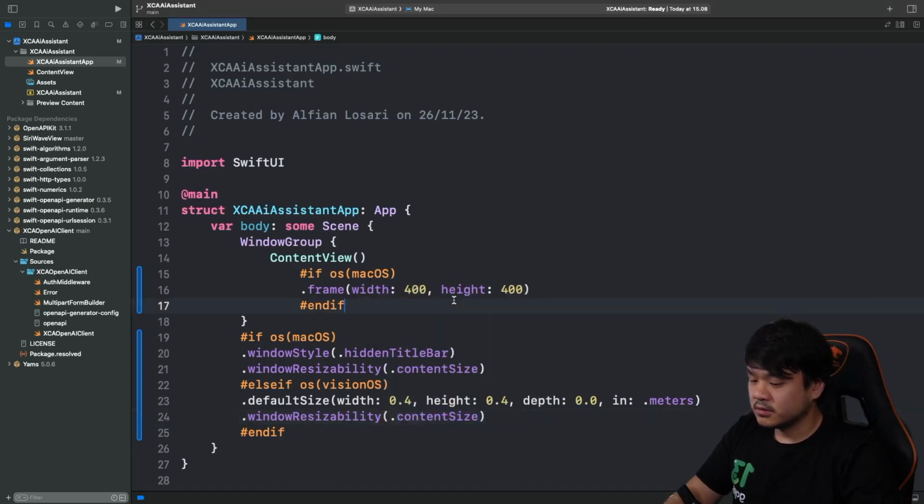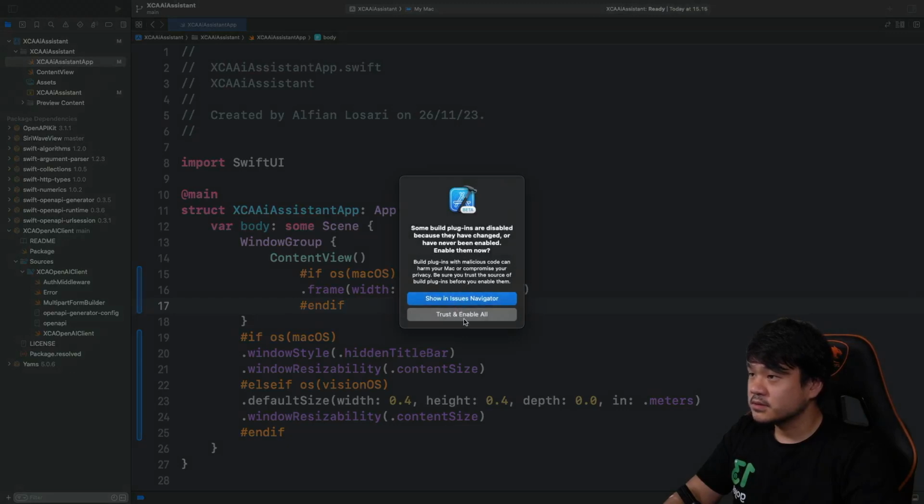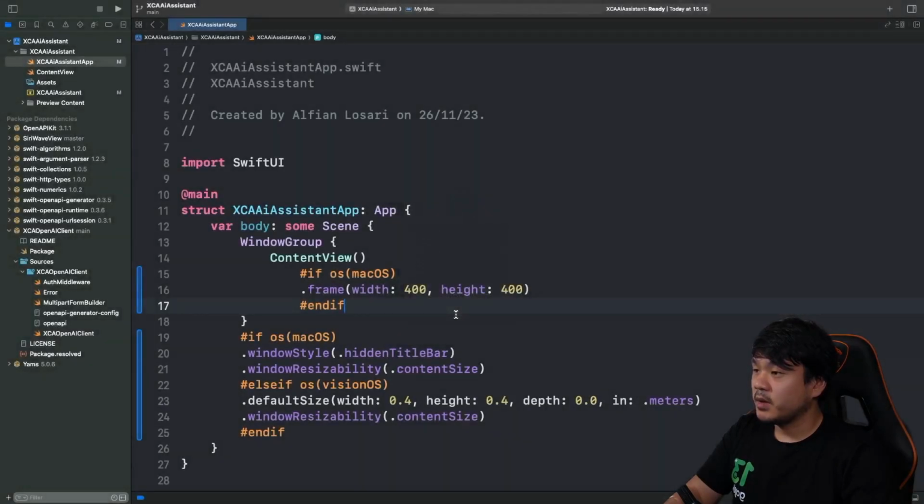Okay, now let's try to build first. So if this window shows up on your machine, it means that SwiftUI has this plugin that will generate the code, right? So just click this Trust and Enable All, and then try to build again.